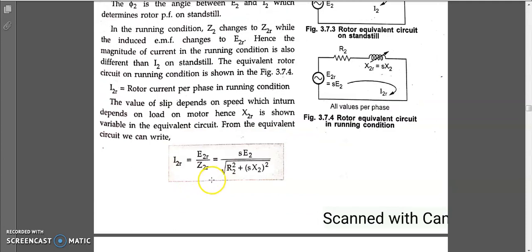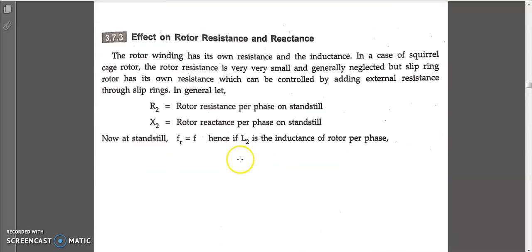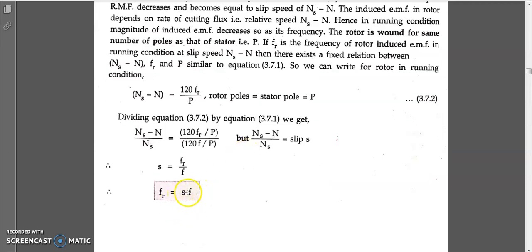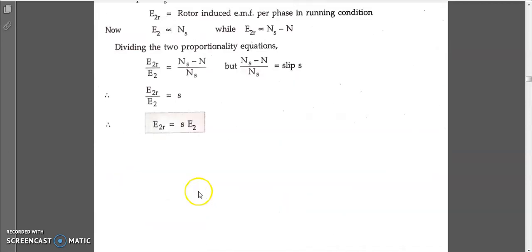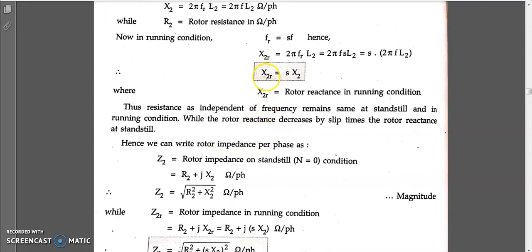So we have to remember all these formulas at a glance. In a quick glance, the rotor frequency Fr is equal to S times Sf, whereas your E2R is equal to S times E2, whereas your X2R is equal to S